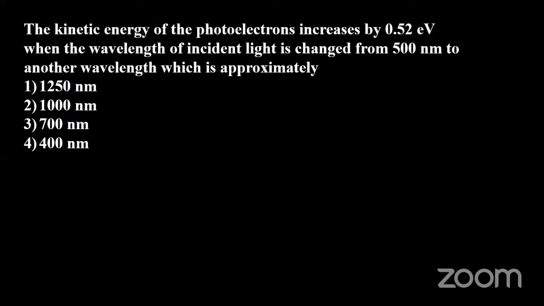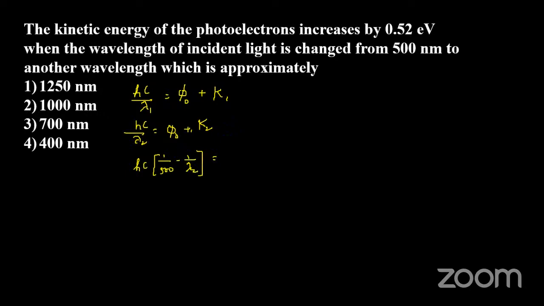The kinetic energy of photoelectrons increases by 0.52 when the wavelength of incident light changes from 500 nanometer to another wavelength. What is it approximately? Kinetic energy: hc by lambda 1, assuming the same material, equals 5 plus k1. Next equation: hc by lambda 2 equals 5 plus k2. Let me call this k1 and this k2. Taking hc common, 1 by 500 minus 1 by lambda 2 is to be found, which equals k2 minus k1. It increases by 0.52, so this will be equal to 0.52. So 1 by 500 minus 1 by lambda 2 equals 0.52. hc in terms of electron volt will be